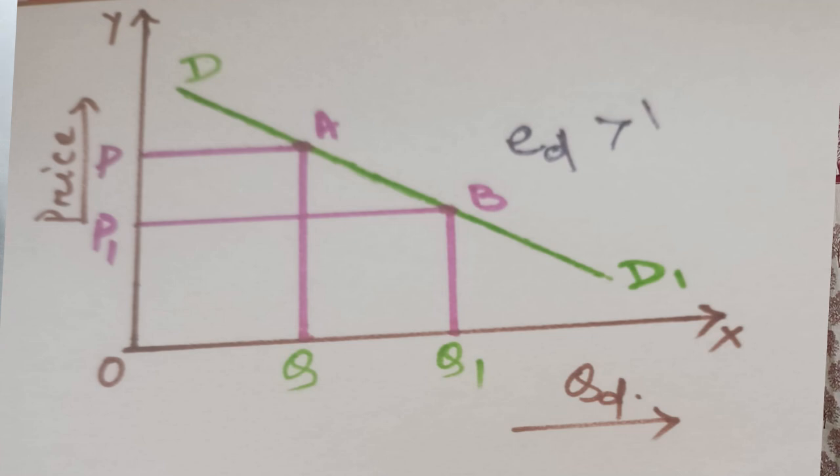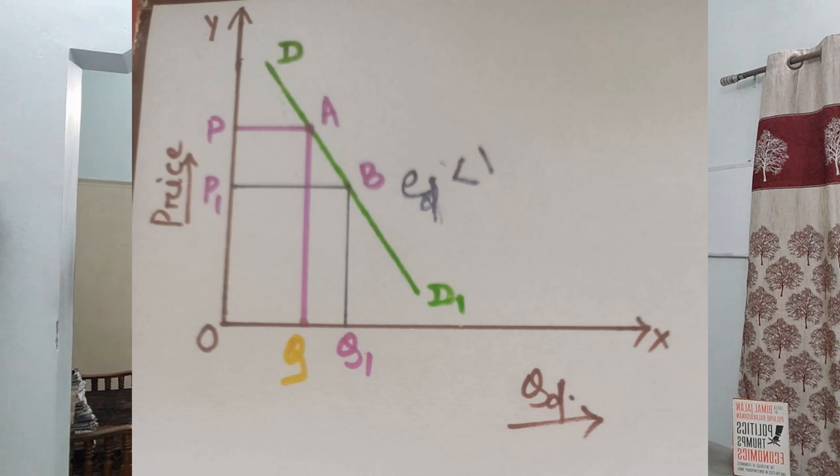of fall in price leading to a QQ1 increase in quantity demanded, which is more than proportionate. A larger change in quantity demanded for a given change in price. So here the elasticity of demand is greater than 1 or more elastic, or simply elastic we can call. Similarly we can explain